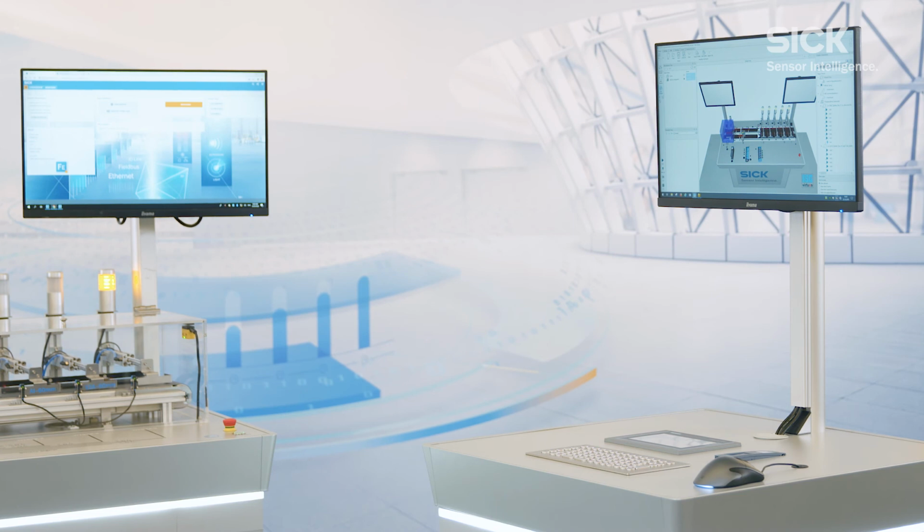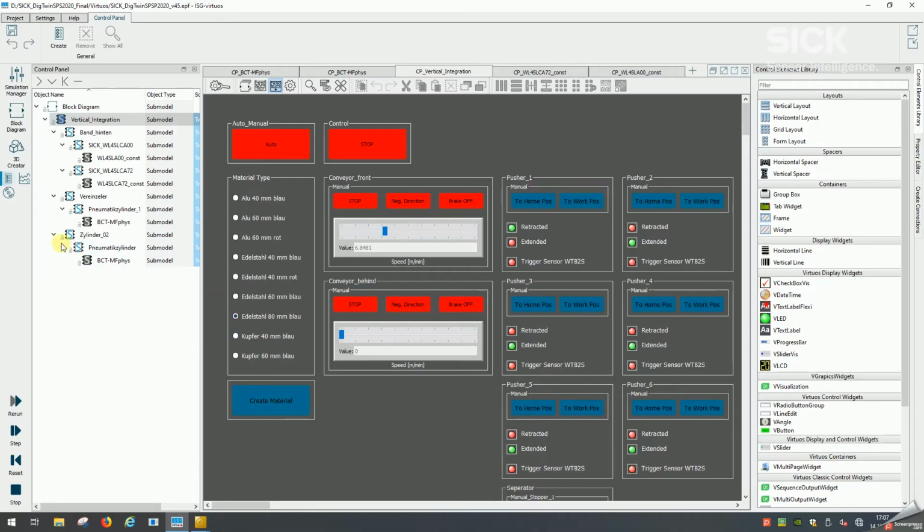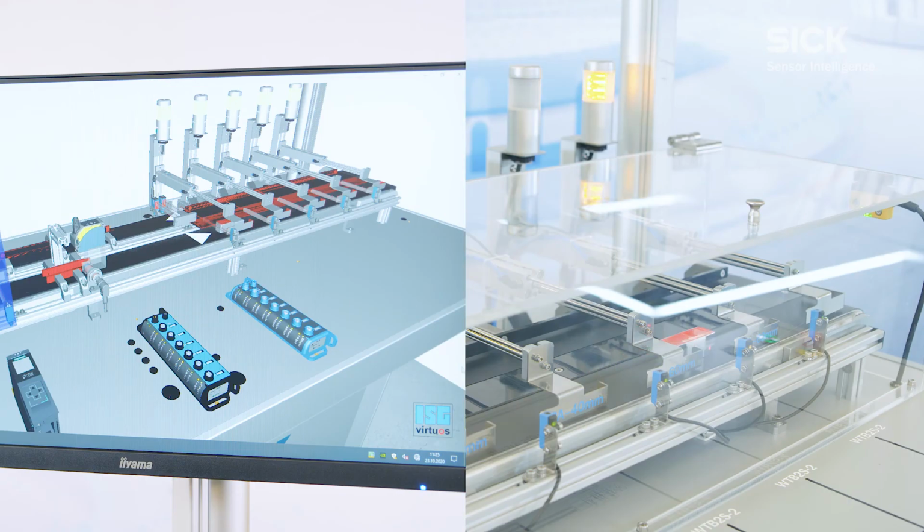You can see this for yourself in the exhibit. The simulation of the real exhibit is running here on this PC. The simulation is controlled via the PLC. This is also referred to as hardware-in-the-loop simulation. For example, I can manipulate the length of the block here on the screen. The real control then gives the virtual system the command to separate out the block because it no longer matches the predefined criteria. That really sounds like added value to me.